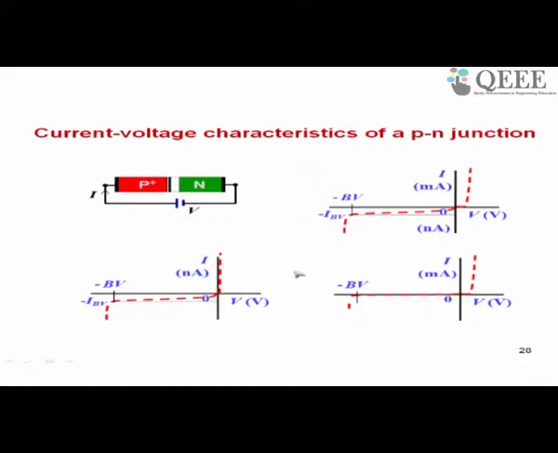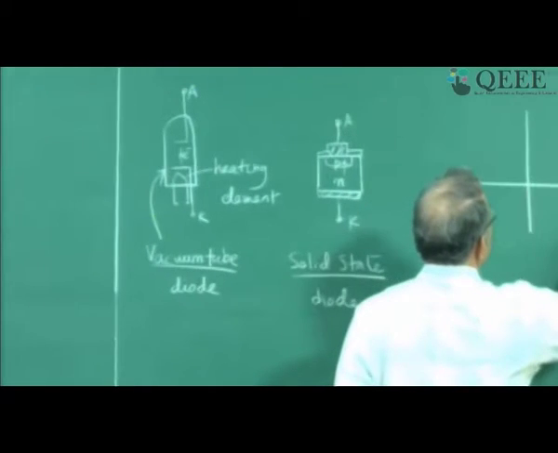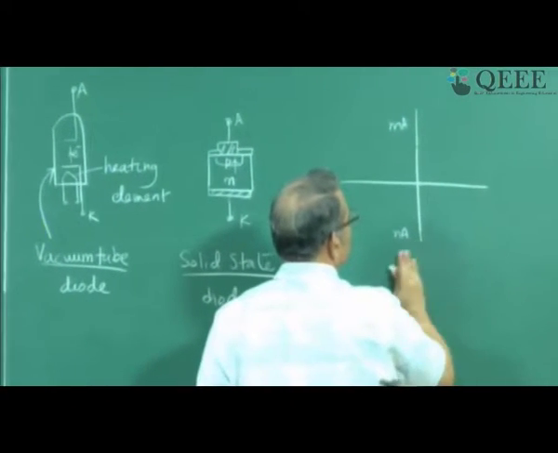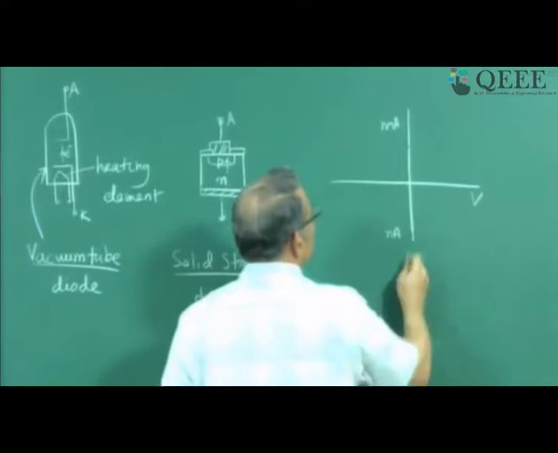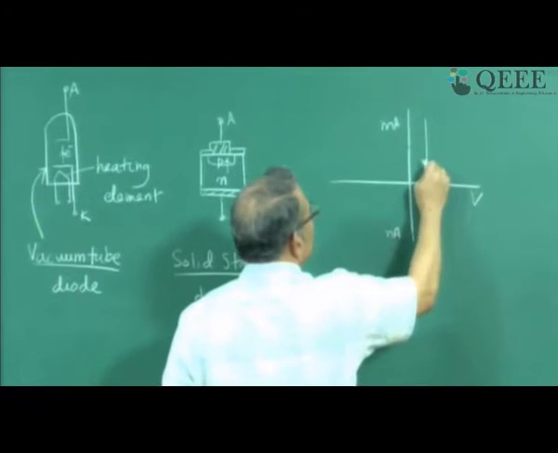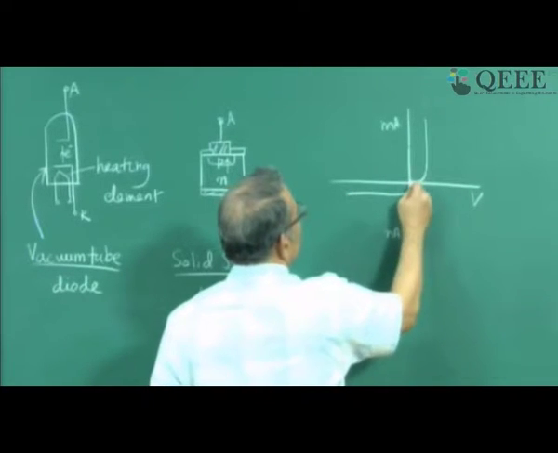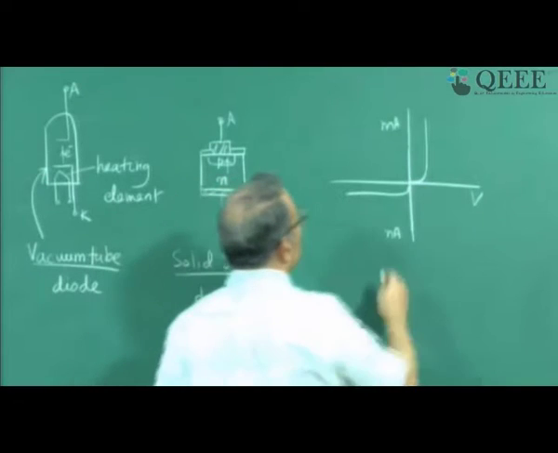Here also the slope is continuous, whereas when you change the vertical scale on the positive side as compared to the vertical scale on the negative side, you see that there is a change in the slope. Now this is very important. Many students do not pay attention to these details. So what we are saying is, if this is milliampere and this is nanoampere, this axis is always volts, then your curve will be like this and here it will be like this. So you have a discontinuity in slope.